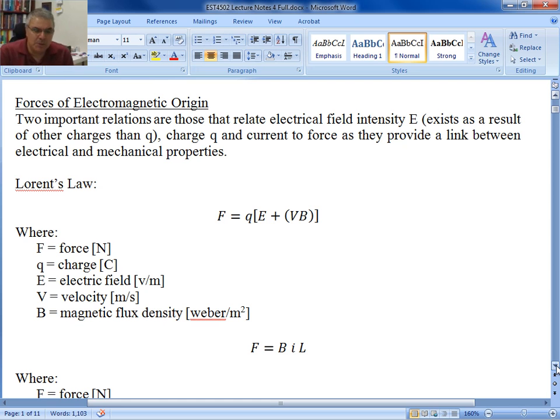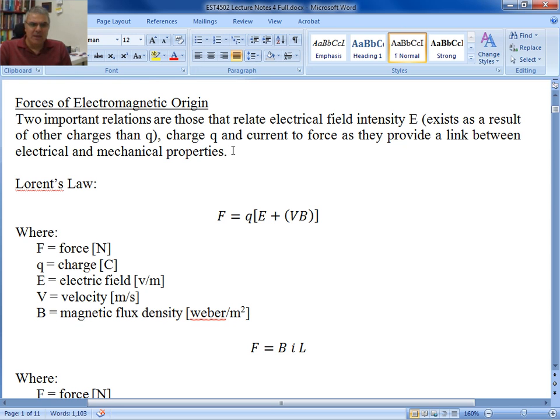So it's going to be a little bit different in the way it's presented in comparison to what we've already seen. There are forces that are of electromagnetic origin. The electromagnetic field is one of the important origins of the